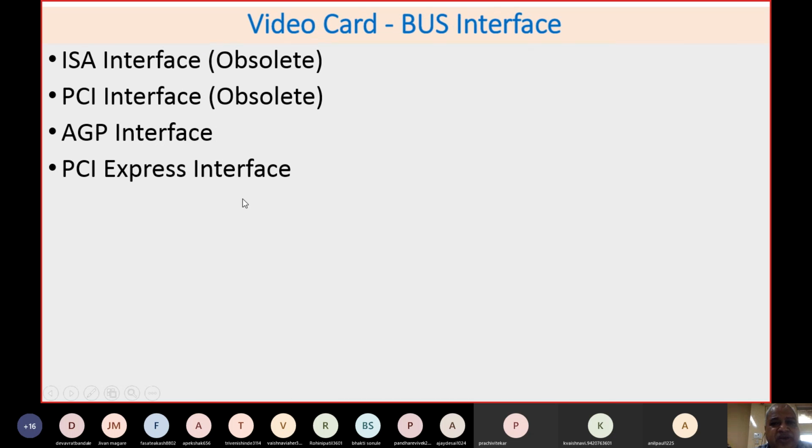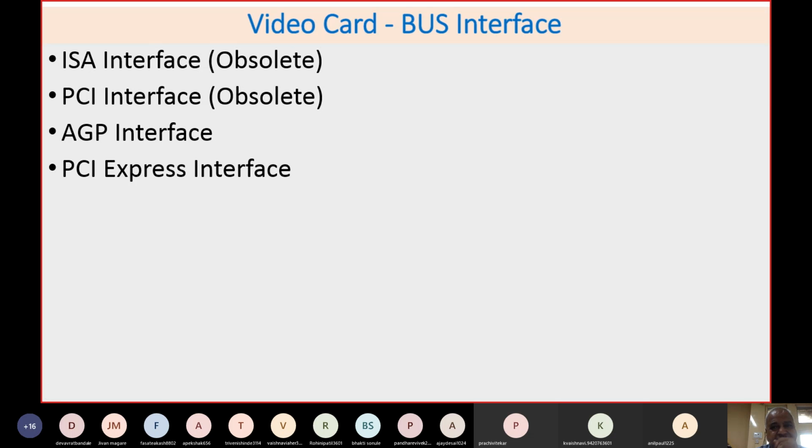Then when we talk about the bus interface, you have an ISA interface or PCI interface. Now both interfaces are becoming obsolete because ISA is nowhere used in computers, and the PCI interface is now being replaced with PCI Express. So both are obsolete now. In other words, no video card available in today's computer has an ISA socket or PCI socket.